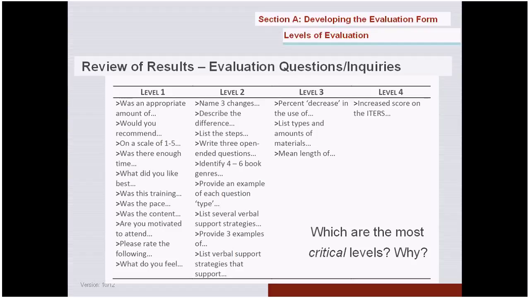Funders are interested in results and impact, the return on their investment. Level 3 and 4 evaluation is the way that you provide that kind of critical information. When a trainer can show the director that a staff has had a percent of improvement, a change in behavior, even if it's only 6% or 8%, this beats having no information at all, and it absolutely proves that your training has made a difference, and it motivates and inspires staff to keep practicing and implementing,